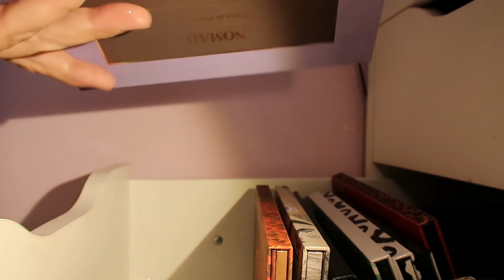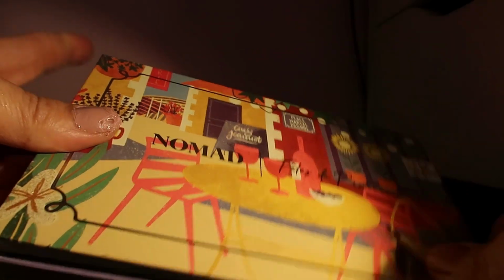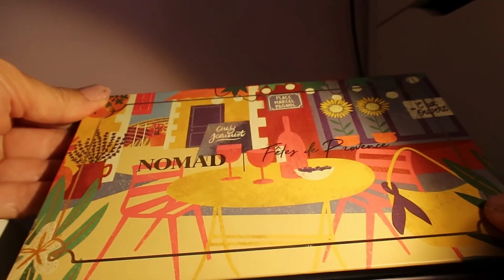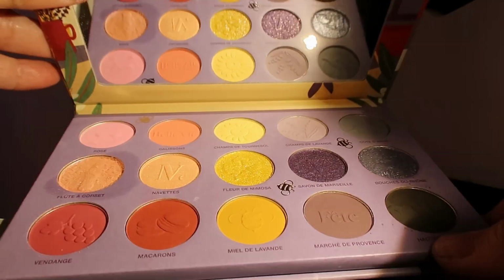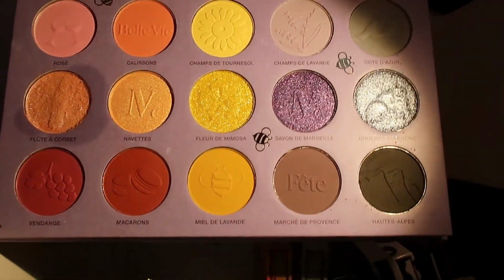Okay, this is the first one. This is Pétesse de Provence. Whoa, what happened to my nail polish? Oh my god, I didn't wait for it to dry. That's a bummer. Sorry about that. Pétesse de Provence. Tried my best with my French so-called accent, which is horrible, I know, but this is the